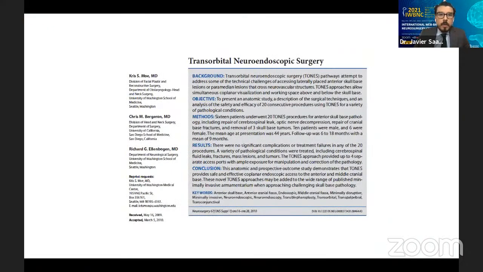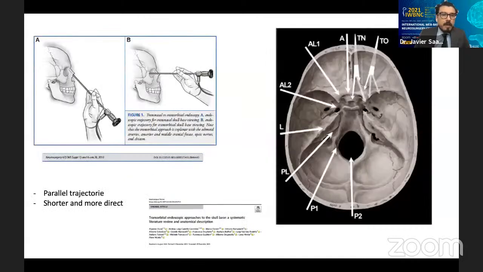So 10 years ago, Dr. Chris Moe published this important paper. She summarized for the first time a series of patients treated by this technique. She published this series of 20 patients, and she summarized the anatomy, and she quickly,